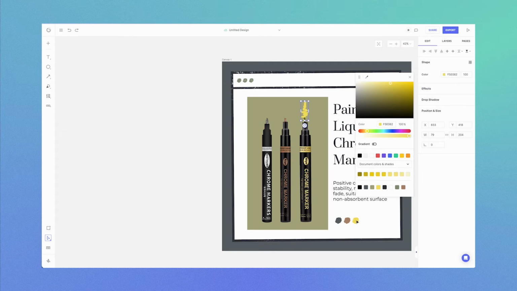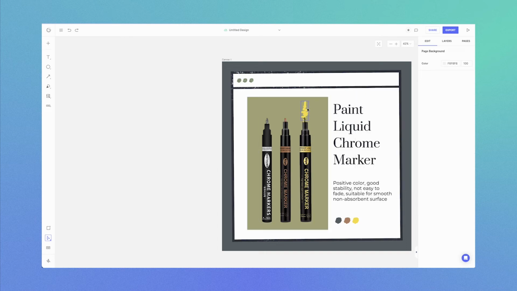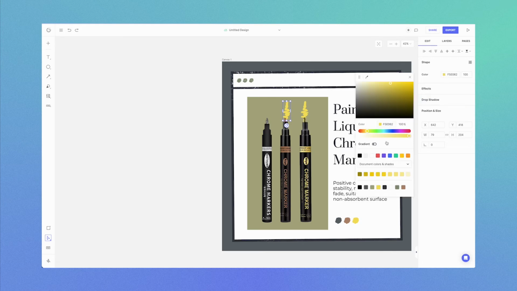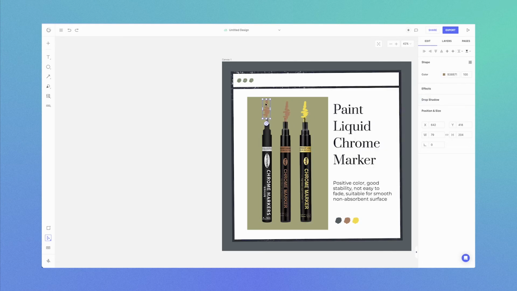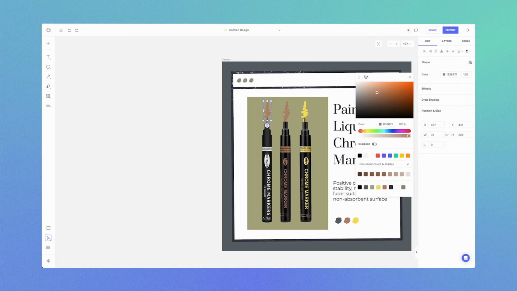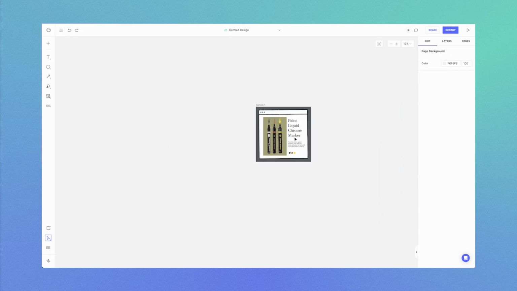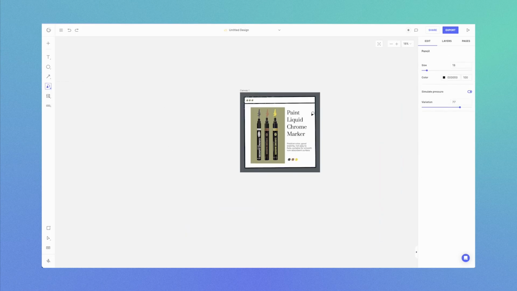I can go ahead and pick the gold color to mimic the gold of this pen. And likewise, I'll duplicate it and mimic other colors. Great, that looks awesome. The pencil tool is also great for you to sort of annotate and mark the design